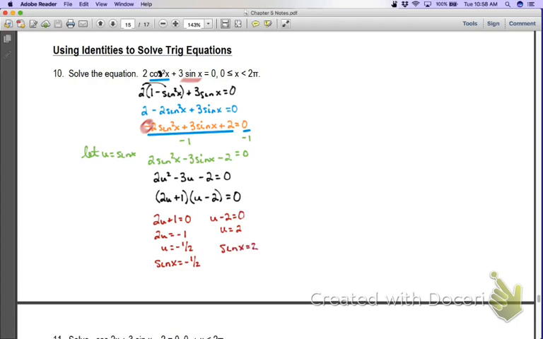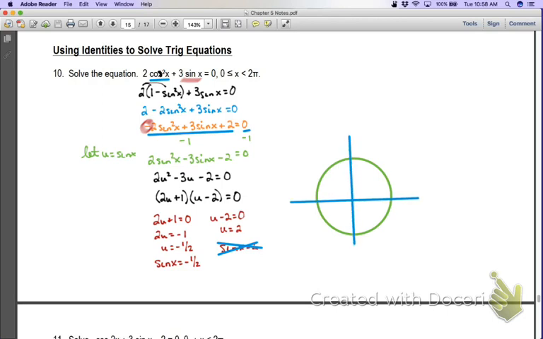Now, sine of x equal to 2, we can automatically get rid of it because it is greater than 1. Okay? It can't be greater than 1, so we just don't use that one. Then it's between 0 and 2 pi. So we just take our values, and again, just like we have for the last 3 days now,